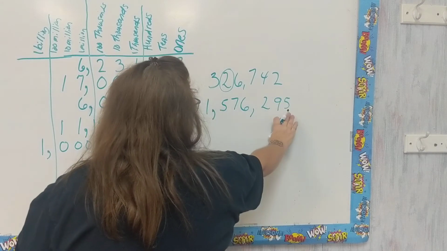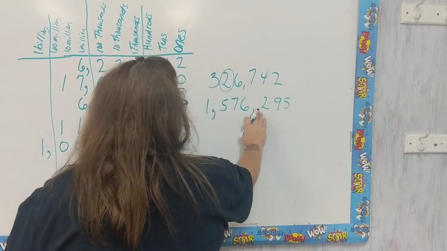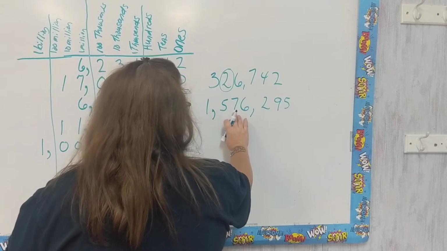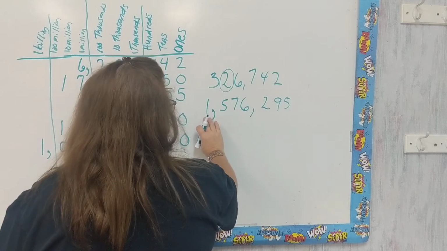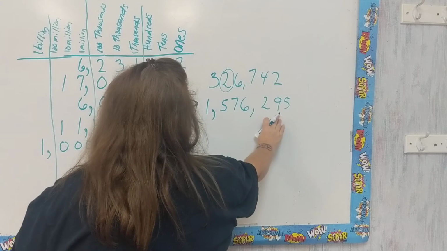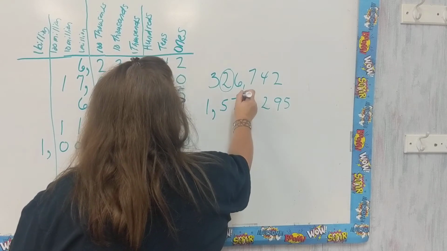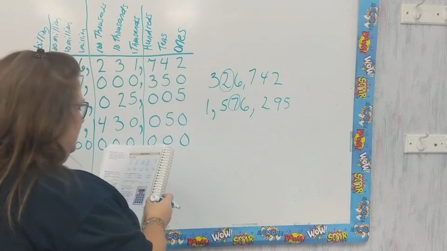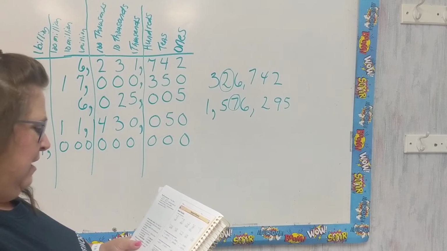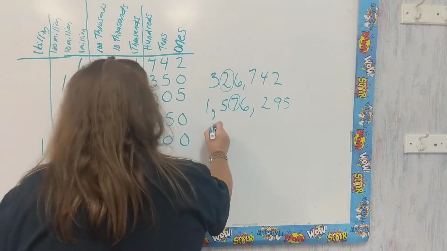1,576,295. So we have ones, tens, hundreds, 1,000, 10,000, 100,000, 1 million. Ones, tens, hundreds, 1,000, 10,000. We're circling the digit in the 10,000s place. Letter C, we have